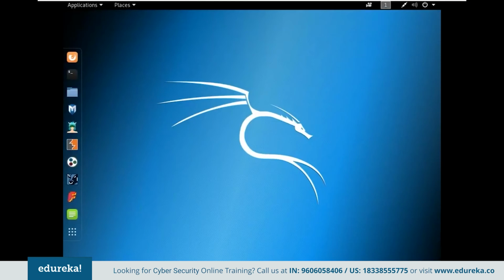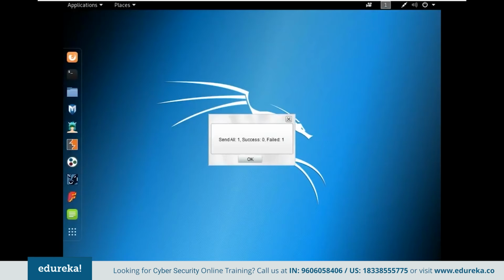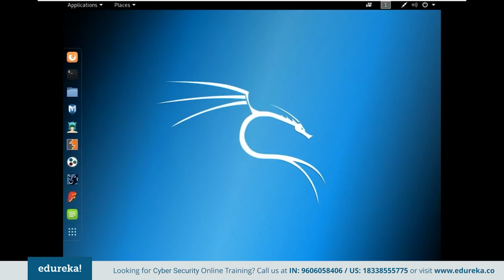So guys, up to this point, we have explored Anonsurf and MAC Changer as to how to make yourself anonymous while you're doing hacking or web application penetration testing. The next thing we explored was Burp Suite. I showed you different services that are available under Burp Suite and what you can do using them. I've also mentioned SQL map. If you want to know more, like I said earlier, you can refer to the Application Security video by Edureka under the cybersecurity playlist.